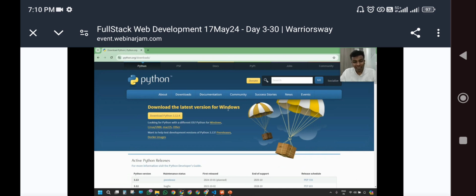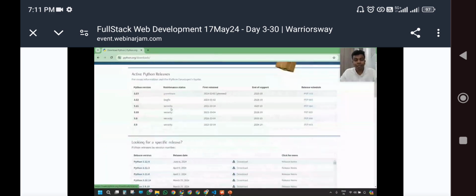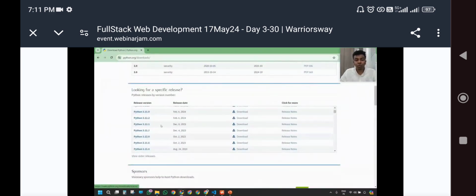And I don't want to go very in depth into Python, I mean, installation level, library level, etc. So now let me give you a few tips. You just go through that. The first thing, once you have gone to the official website: don't install the latest version, because some of the libraries are not going to support the very latest version of Python. So always download a stable version of Python. On that aspect, you just scroll down and choose any stable version to install.